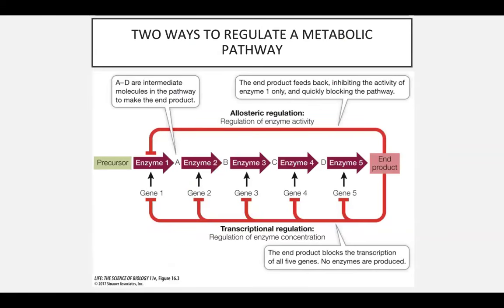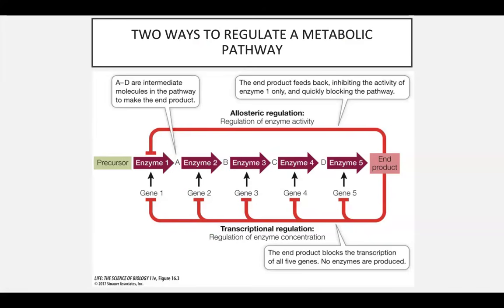There are two ways to regulate a metabolic pathway: allosteric regulation and transcriptional regulation. Allosteric regulation allows for rapid fine tuning. From enzyme one, you produce your end product, and the end product acts as negative feedback, inhibiting the activity of enzyme one only. So it can quickly block the pathway. However,